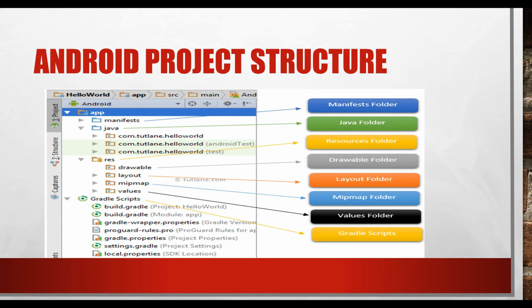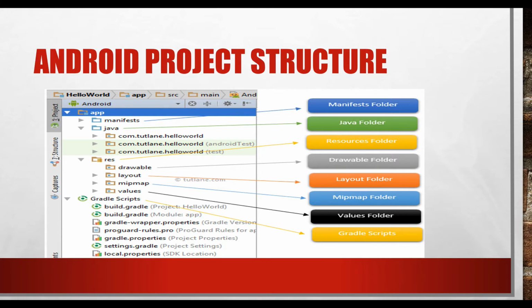Next, you can see the Java folder. It is called the package name actually, and it contains all the Java files and Kotlin files used by the application. All the source code of the application will be written here: all the activities and their respective source code, which activities the application navigates from, how it navigates, and if you press a button, how it moves from one activity to another. All these things will be declared here.